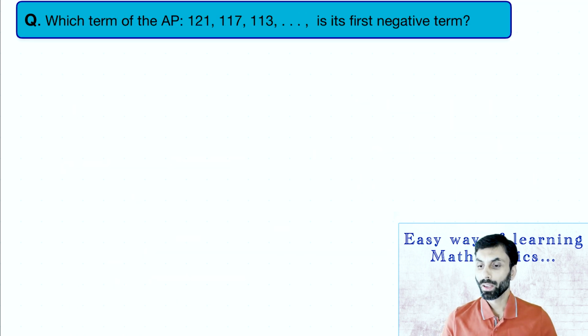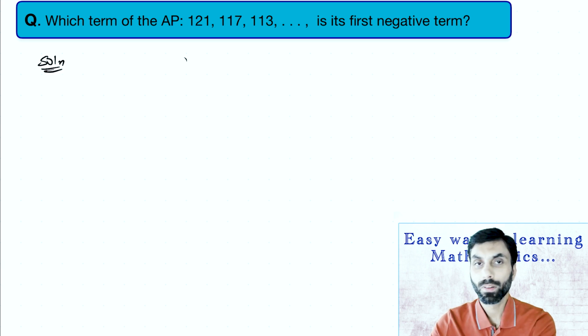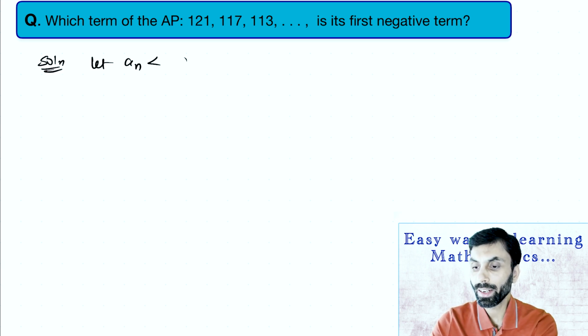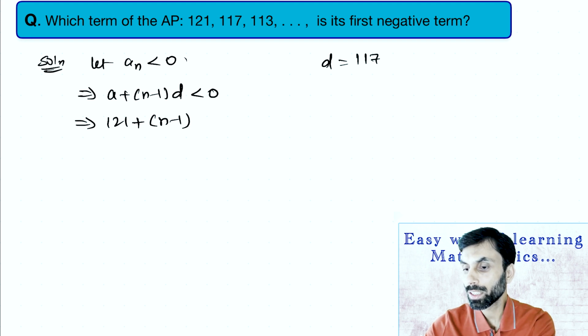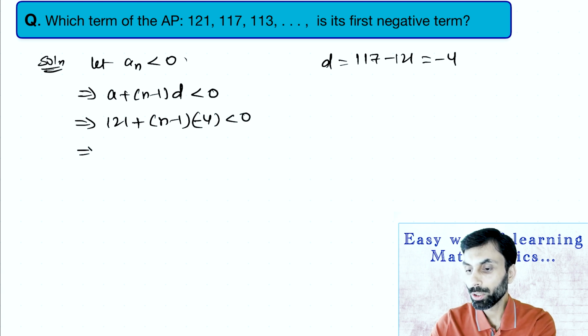The next question is, which term of the AP 121, 117, 113 and so on is the first negative term? So when such a question comes where they are asking the first negative term, what we'll do is, we'll take let an be less than 0, as we are looking for the first negative term. Now we know the formula of an is a plus n minus 1 into d, which is less than 0. In this sequence, the value of a is 121 plus n minus 1. The common difference value will be 117 minus 121, which will be minus 4, less than 0,